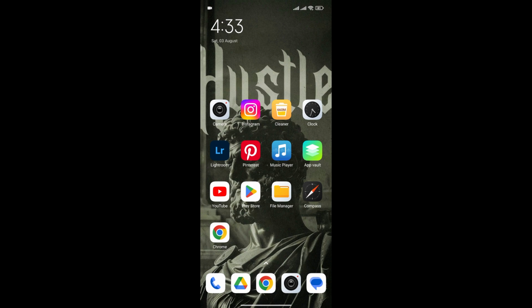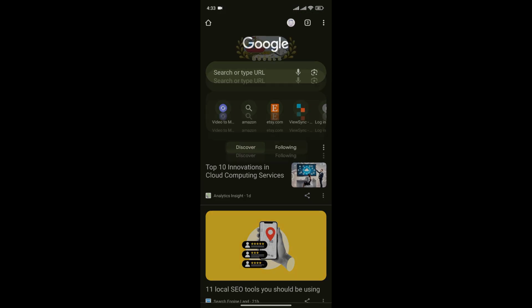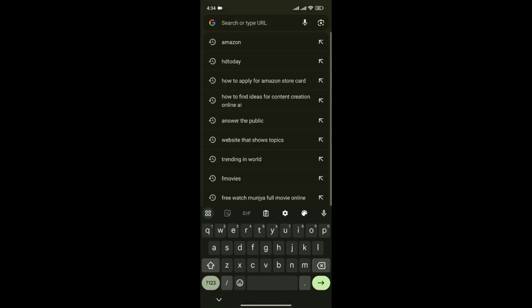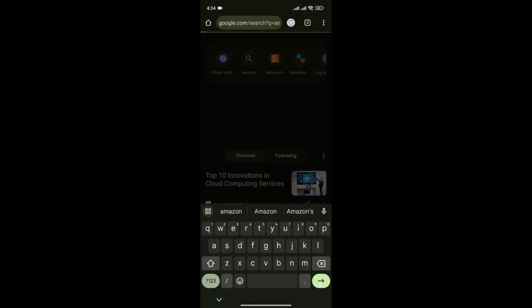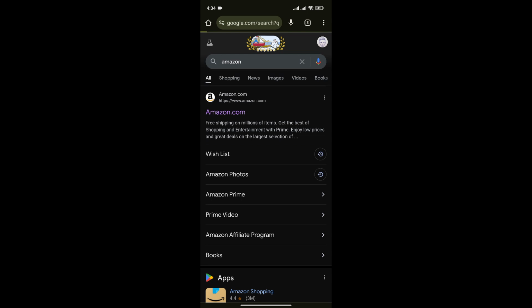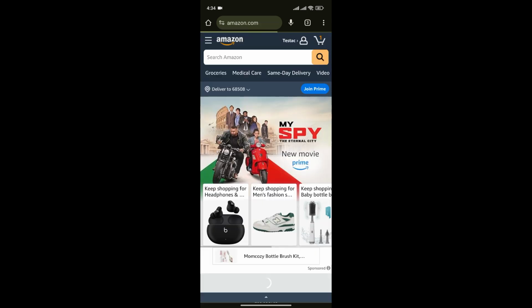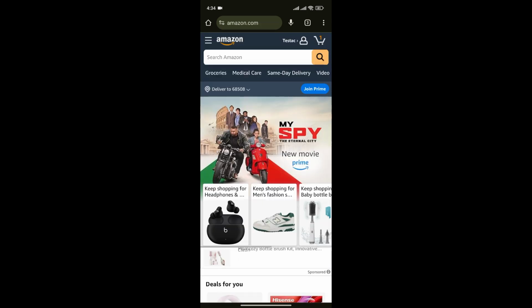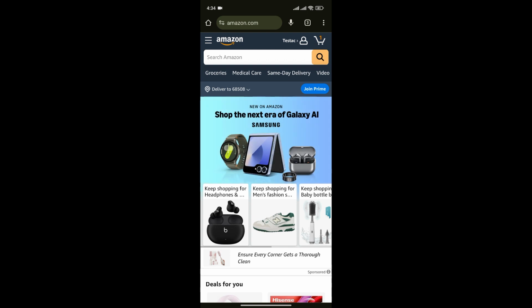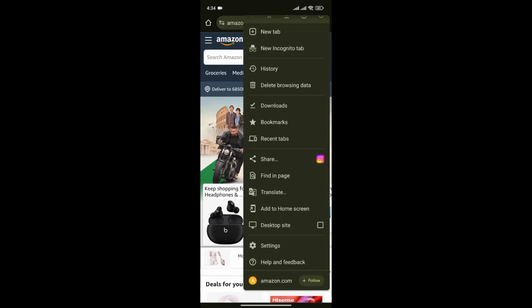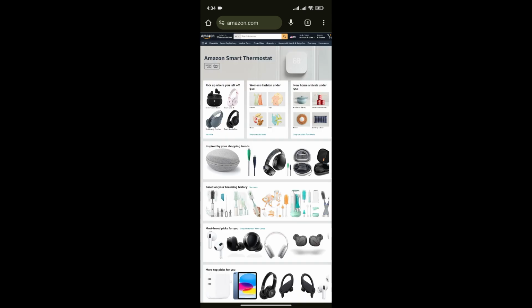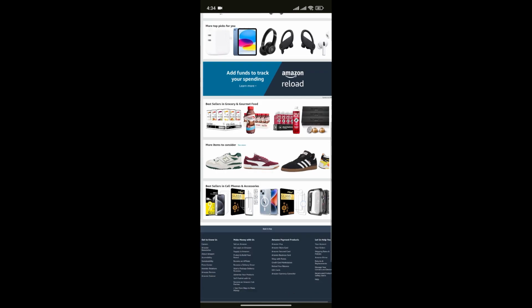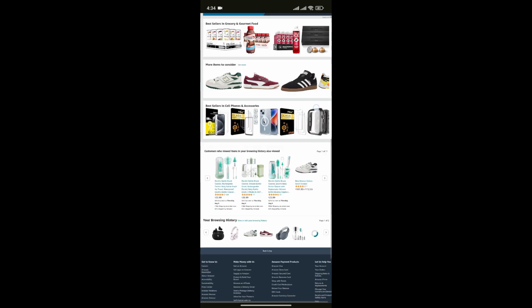At first, open your preferred web browser and head to the Amazon website. Once you're in the website, click on the three dots at the top right corner and switch to desktop site. Now, to know how to make money from Amazon, scroll all the way down and you can see "Make money